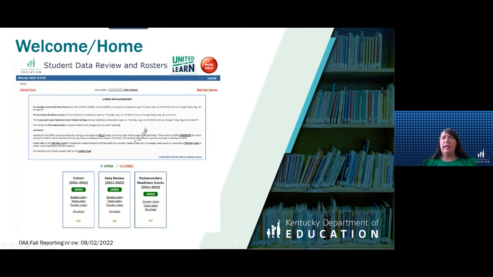So when you as a district assessment coordinator are training the district, do not train on that student-level data, because remember what I said about level of access.